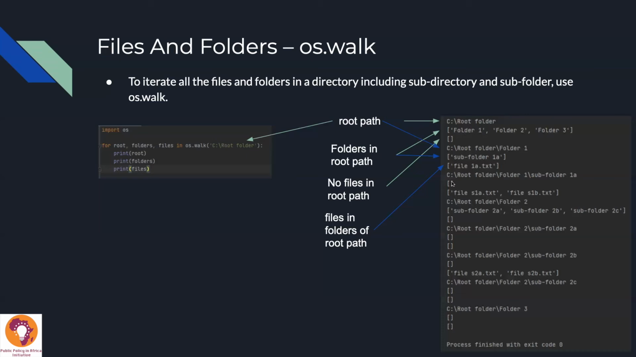Within subfolder 1a, there are no folders, but there are 2 files. So no folders, we get an empty list. There are 2 files though, so we list out the 2 files there, file s1a.txt and file s1b.txt. Now that we've hit the bottommost depth of folder 1a, on the next iteration, we're going to go up, check